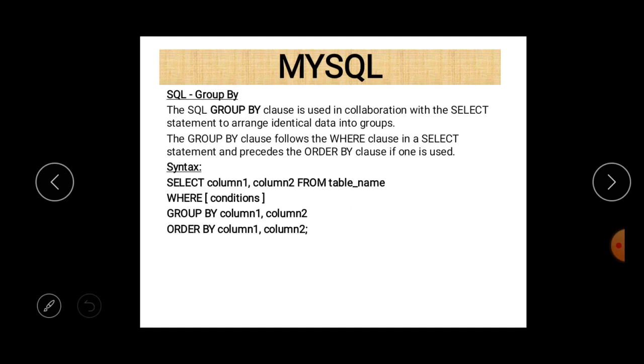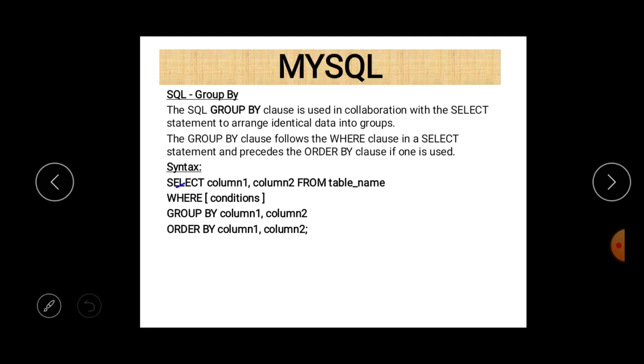These functions are used with the GROUP BY clause. If we want to form a group in SQL, then we use the GROUP BY statement, and these aggregate functions are used with GROUP BY. The syntax is very simple.